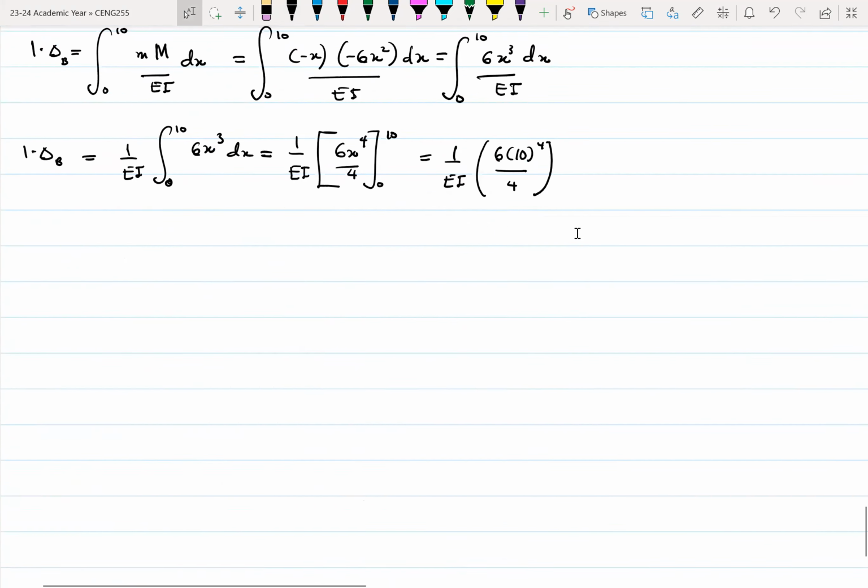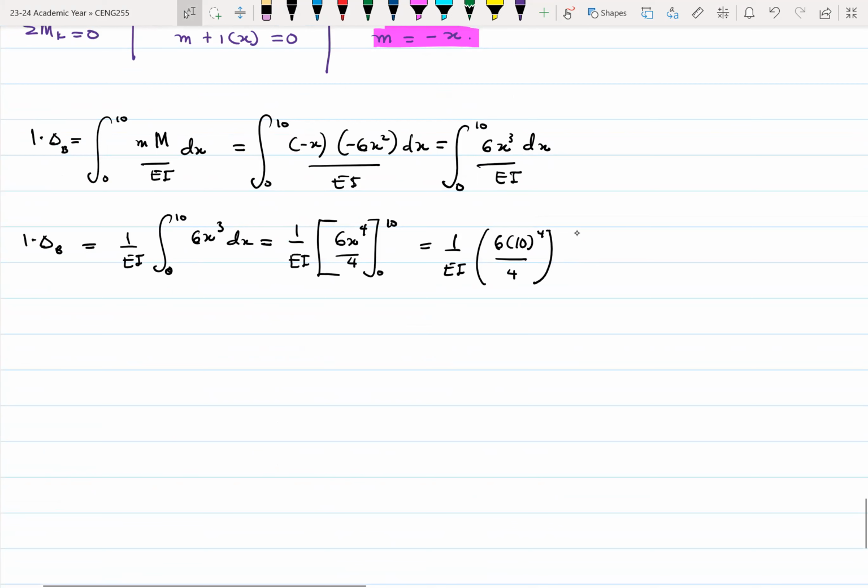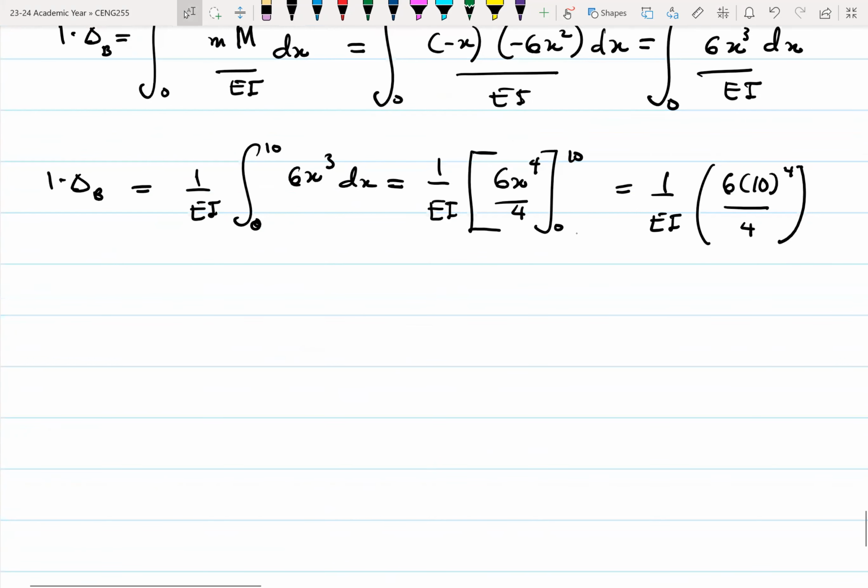So I can come in here and then say that, okay, 1 times delta B is delta B. All right, so don't worry. I'm just bringing the 1 so that we always see that there is a virtual unit load that's multiplying the displacement. But usually when it goes to divide, it makes everything easier for us. Or 1 times delta B is always delta B. All right, so here, delta B